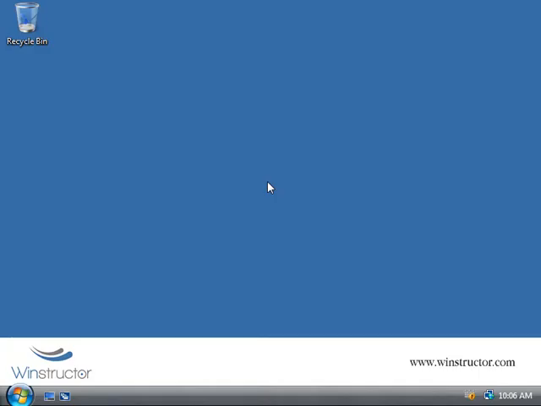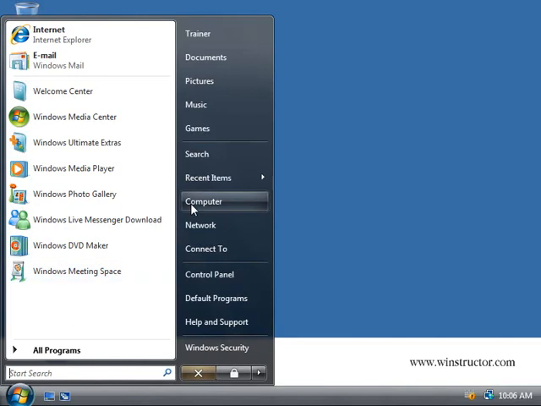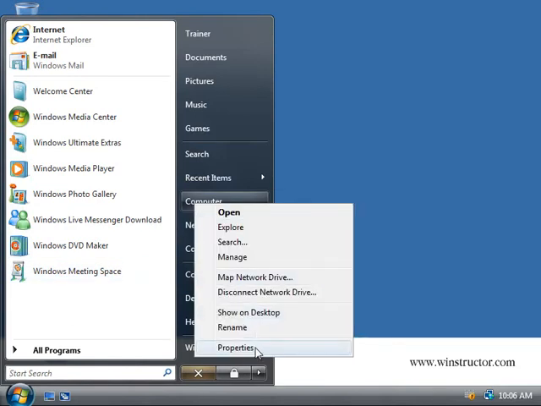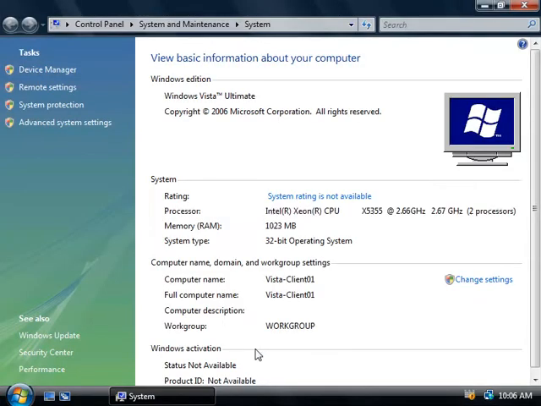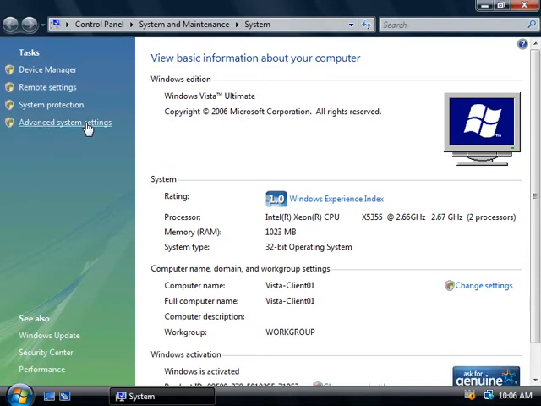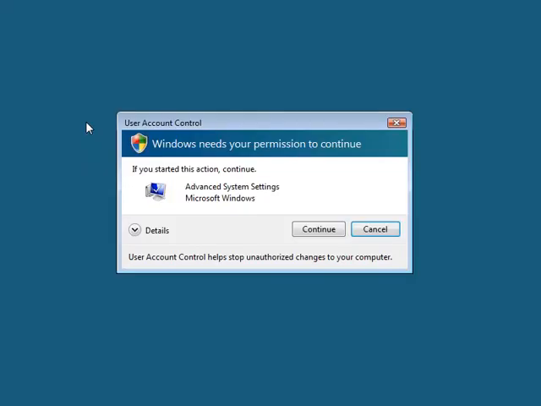So let's go and take a look at the server side of the connection first. This is where we'll be configuring Windows Vista so that we can accept remote desktop connections. Now even though remote desktop is installed by default on Windows Vista, it must be explicitly allowed before any connections can be made. So to enable the remote desktop feature, we'll click on Start and we'll right click on Computer and we'll choose Properties. Now on the left hand side we'll choose Advanced System Settings,